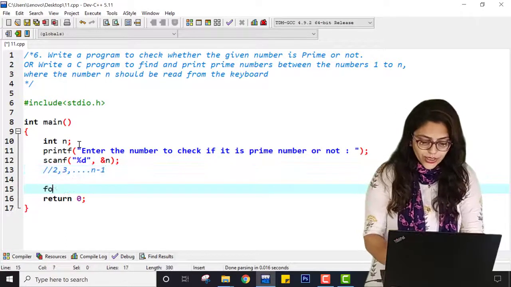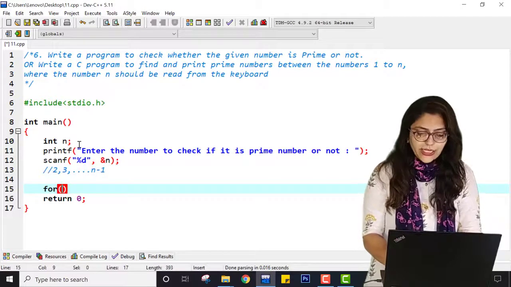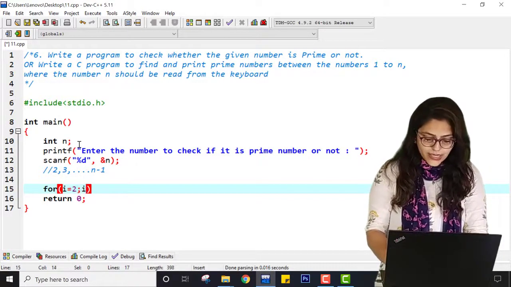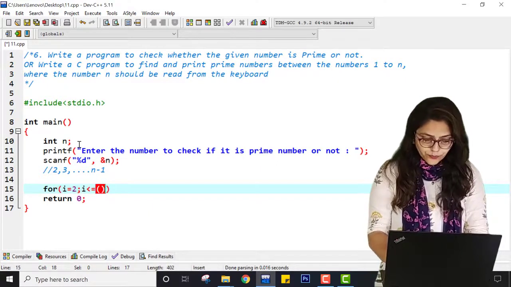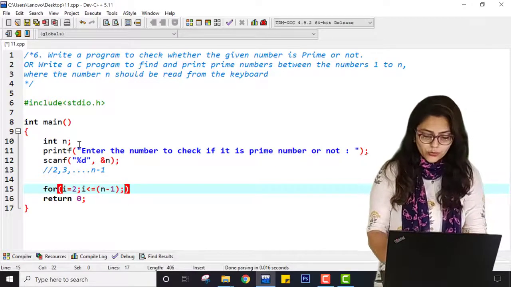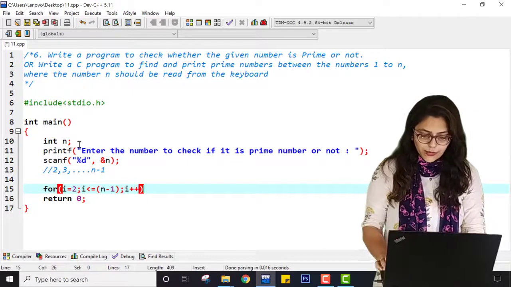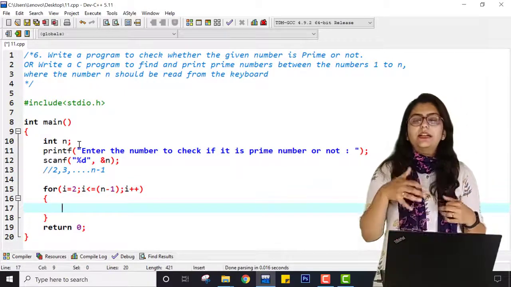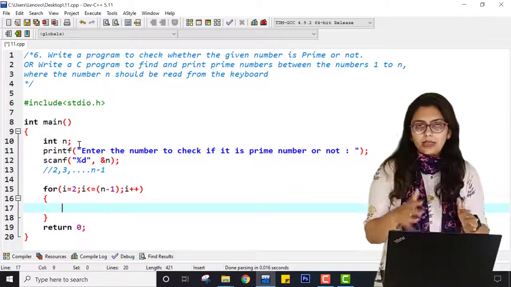How can I get this range? For i, I am taking variable i equal to 2, i less than or equal to n minus 1. I am going to tell you another logic for n minus 1, but right now just understand it is n minus 1, and then i plus plus. Every time I am checking if this number can divide my entered number n or not.